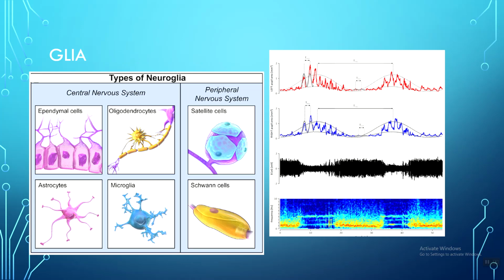Oligodendrocytes, that's your myelin sheath. The myelin sheath is a lining that covers the axon and allows for conductivity, right? So it allows for that connectivity to happen, for firings to occur. A lot of movement disorders are a breakdown of the oligodendrocytes in the brain, like Parkinson's. Astrocytes,